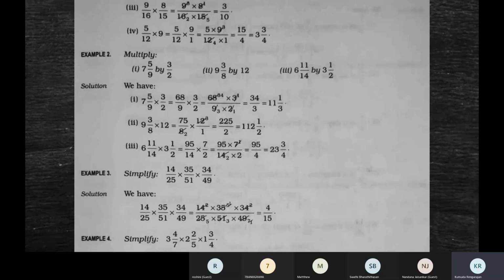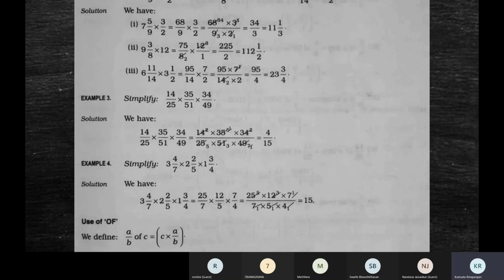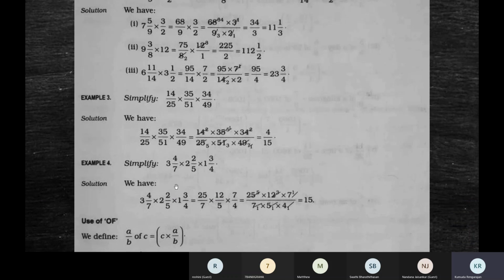So everywhere, whether it is addition, subtraction, multiplication, or division, which we are going to see, whenever the fractions are mixed fractions, you must first write them as improper fractions. That is the first step. See here, children: write this and this as improper fractions. That's the first step. Next, what is the rule?